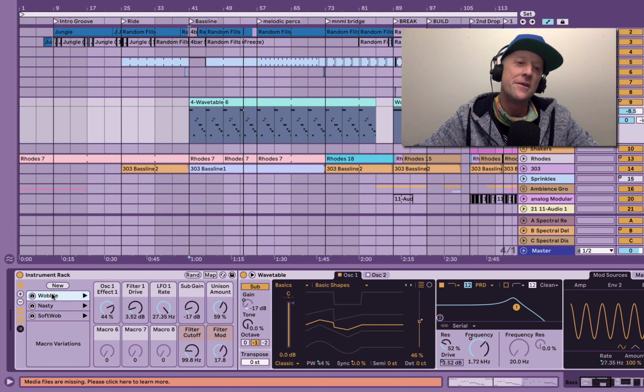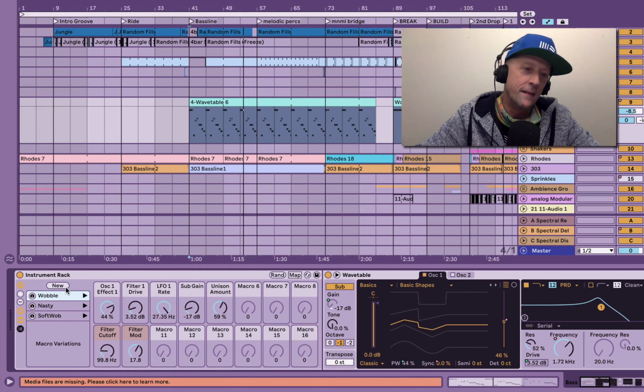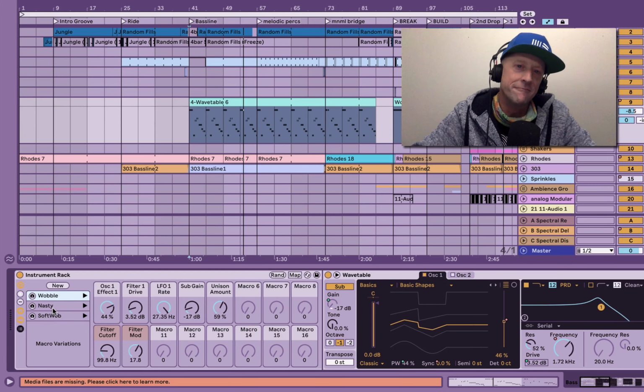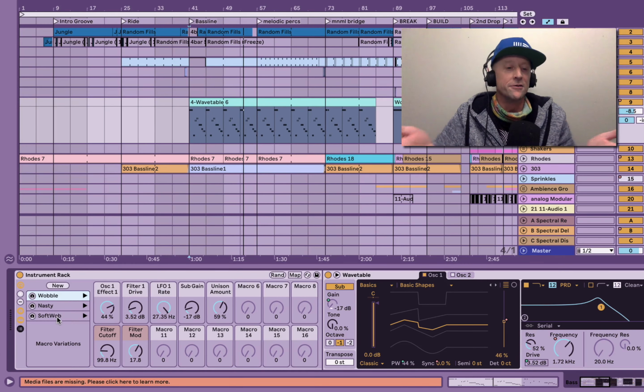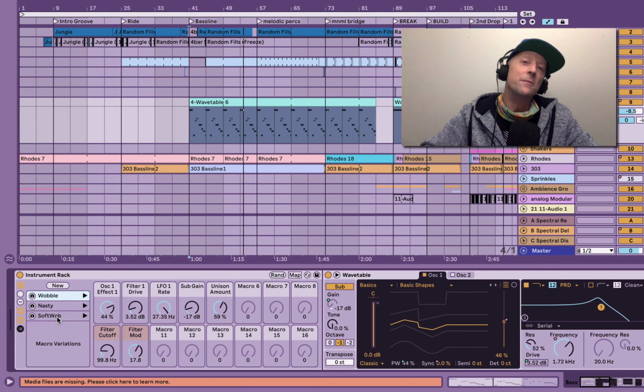This is something else. The new macros in the instrument and effect rack, and yes, these work for effect racks, MIDI effect racks too. You can have up to 16. You can randomize them, and you can capture snapshots, and then, of course, play around with the snapshots when you're recording or not. This could be great for live sets. This could be great for production. This could be great for... You tell me. Why don't you email me some ideas,